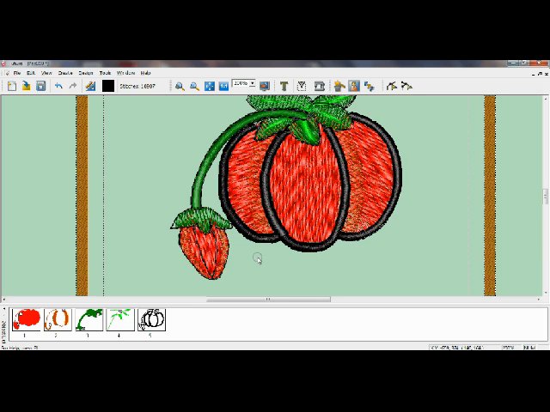Now, if I had my stitch processor on, and I wanted to just do like this, the outline, if I can get it,